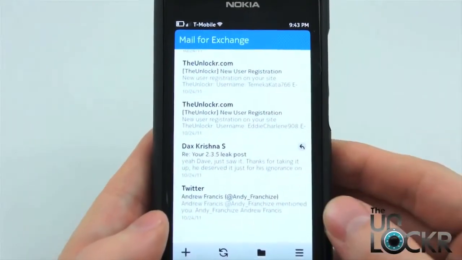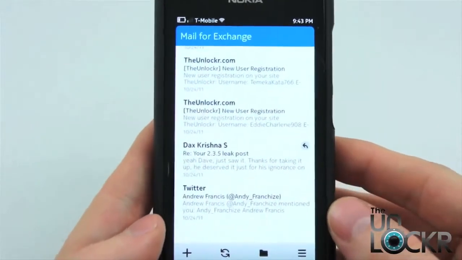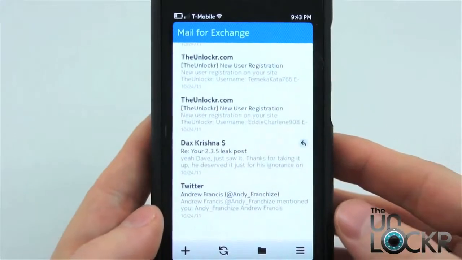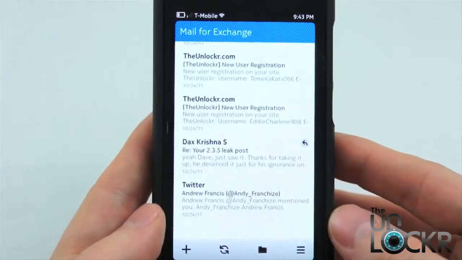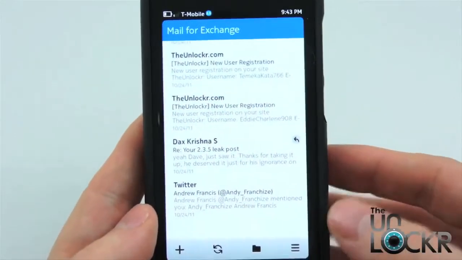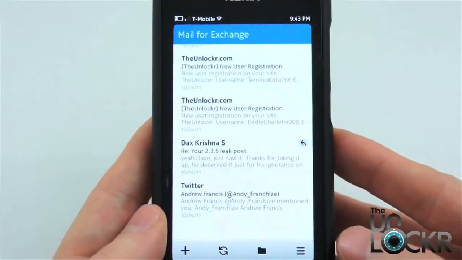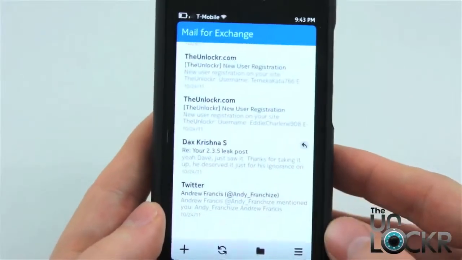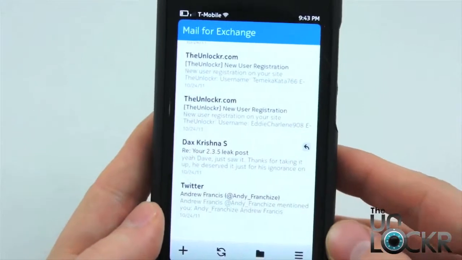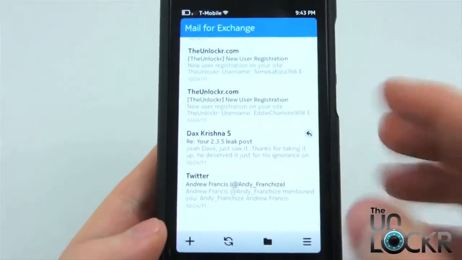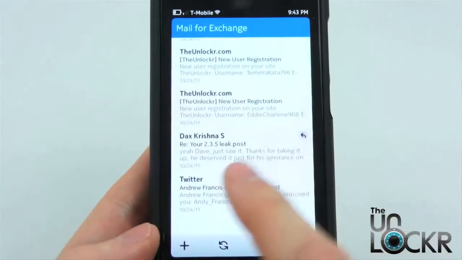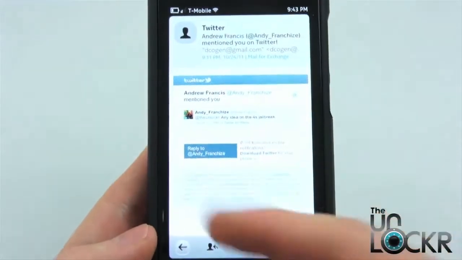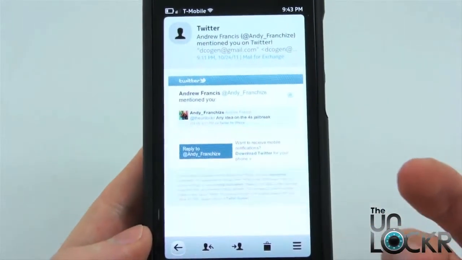Okay, next up is the email client. It's very similar to any other email client on a smartphone. One thing though is it does not support threaded emails, so someone coming from Gmail, for example, might not be too happy about that. But it does, at least, support full HTML. So if you click on an email, you see it exactly the way you would normally see it on your desktop, which is